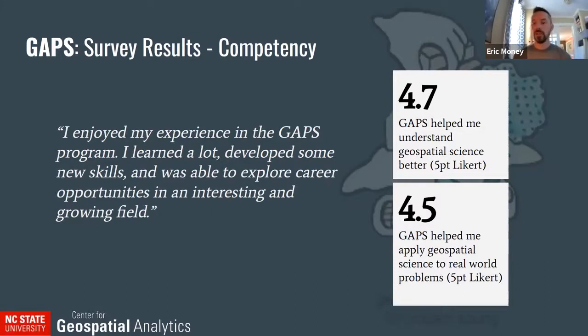And then there'll be some metrics on the right of some of the survey results. These two blocks on the right, the 4.7, these survey instruments were based on a 5-point Likert scale. And so a pretty high level of agreement that GAPS helped me understand geospatial science better. And so that's great. Obviously that's one of our goals of the program, was to get students competent